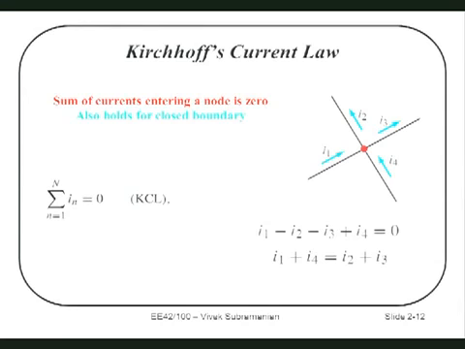So I sum them. I1 is positive because it's going in. I4 is positive because it's going in. I2 and I3 are negative because they're going out. In other words, the sum of all of them is equal to 0. Okay? First law. Another way to state that is all the currents going in have to equal all the